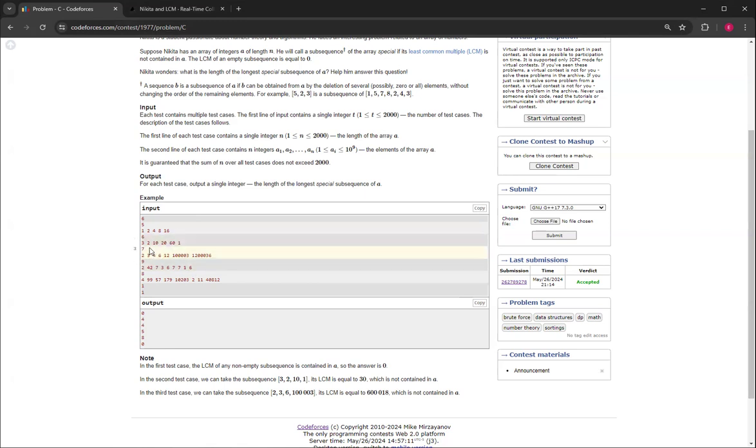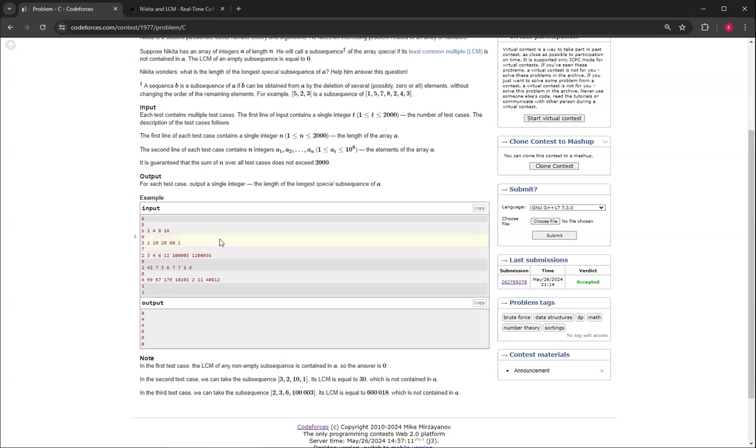And then for this 7, it's 4, because you can do this 100,003. You can do 2, 3, and 6, whose least common multiple is 600,018, which, as we can see, there's no 600,018 in here. And then for this 9, there's 5 different. This 8, you can do all of them,